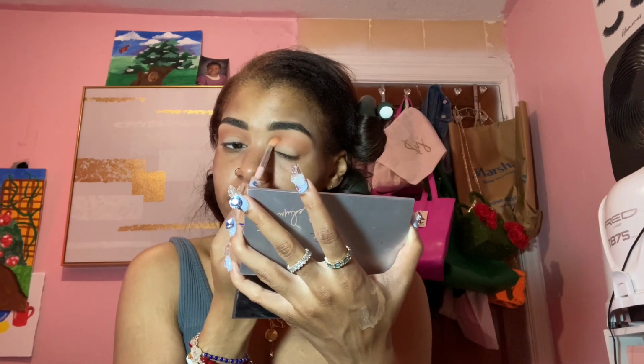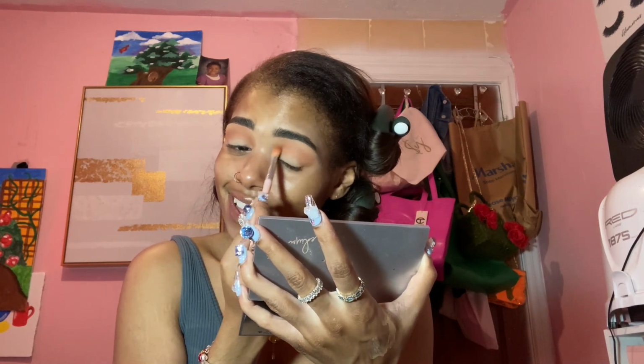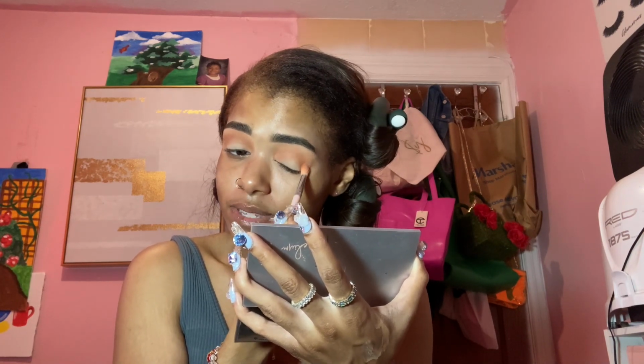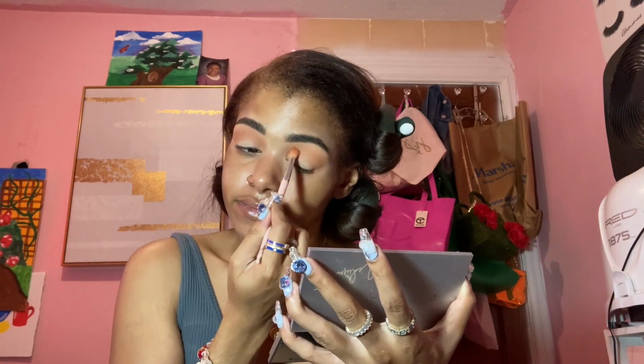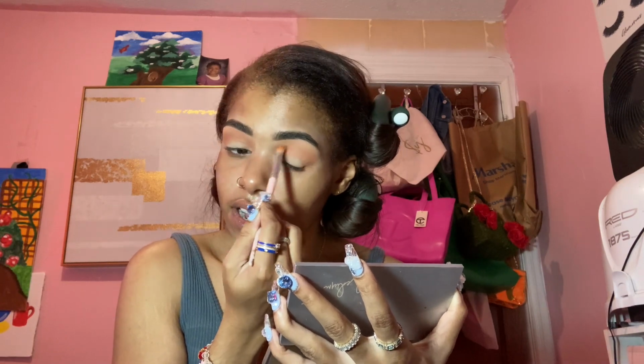just to warm it up, because this eyeshadow look is all matte. It has a little bit of shimmer to it, but it's mostly matte. We're gonna do matte lips as well. I feel like that's more accustomed for a fall full glam. So now that I've blended that color in and I've blended it out all over my edges, my upper crease, all of that stuff, I'm going to take a